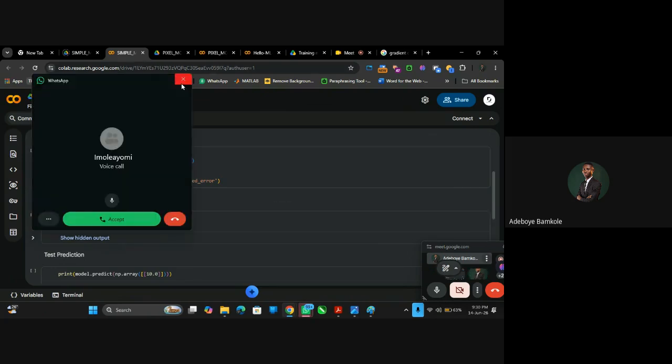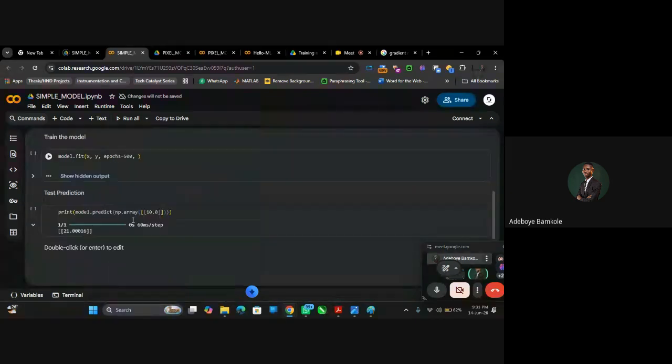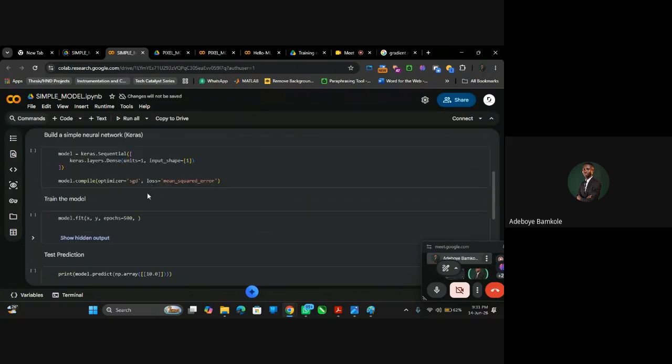So now he has to use, okay, he also used optimizer SGD and all that. He trained for an epoch of 500. And he also predicted, and his answer was 21.00 something. If it's 2x, he'll be getting 21. So now let's move into,